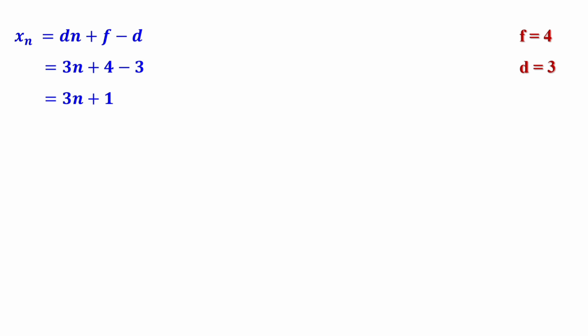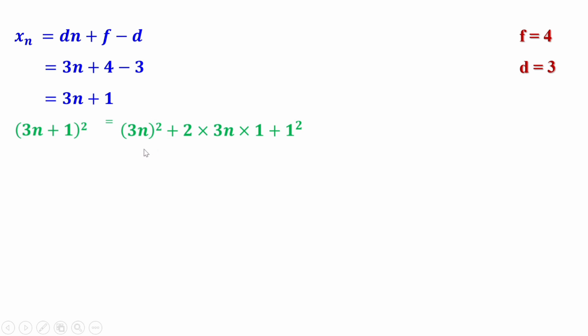Now to prove the squares are also in this sequence, we have to find the square of this nth term, and we have to show that it is also of this form. Let us find the square of this term, that is (3n plus 1) all squared. In 8th standard, we have studied (a plus b) all squared, that is a squared plus 2ab plus b squared, or square of the first term plus 2 into first term into second term plus square of the second term. So let us write the square of the first term, that is (3n) squared, plus 2 into first term into second term, 3n into 1, plus second term squared, 1 squared.